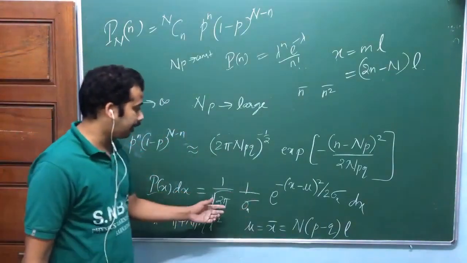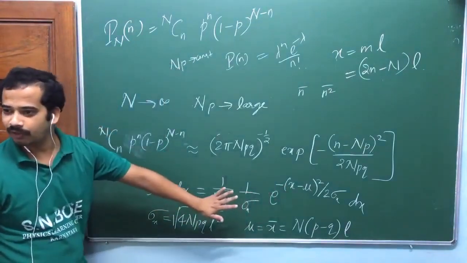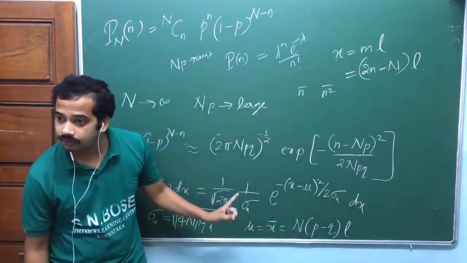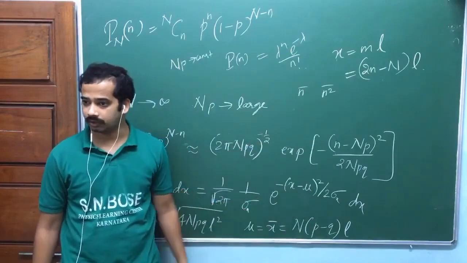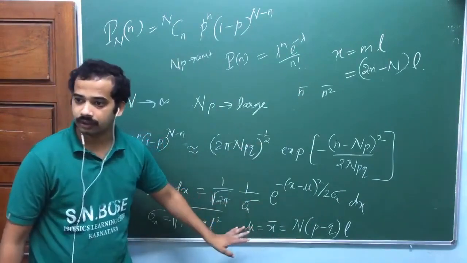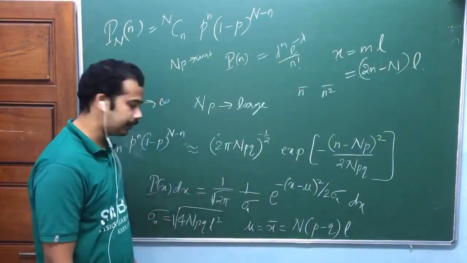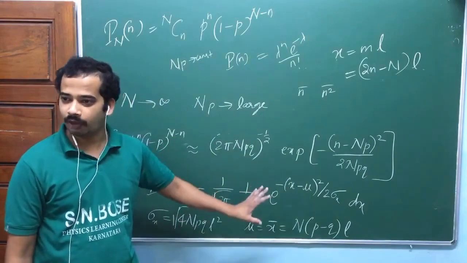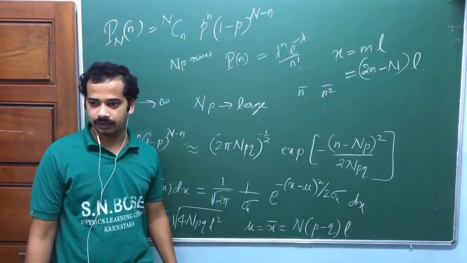But remember, this is a probability density. Don't take mod square. This whole thing is a distribution function. The equivalent in quantum mechanics is mod psi square. Don't make it mod square again while normalizing and all. This itself is probability per length, P of x dx. Don't make it mod square. There we need to make mod square because that interpretation is different. Be careful.